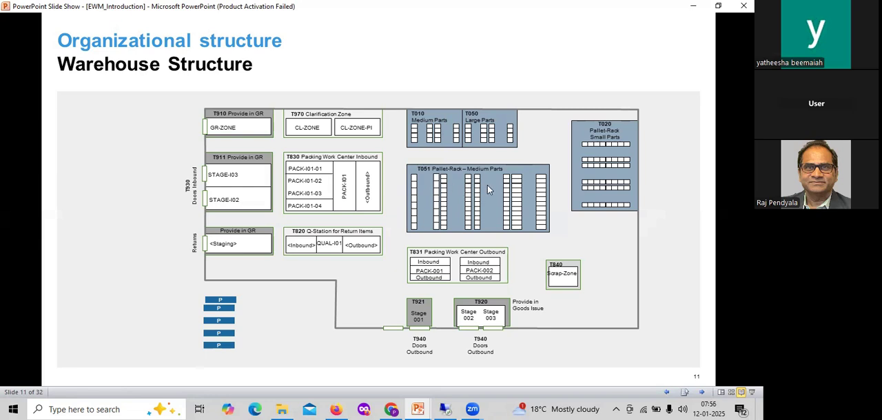So for example, we store the fast moving items in one section, and we store the slow moving items in the other section. So just differentiate these, so different racks within the same storage type. So we can use the storage section just to store the actual products, based on fast moving or slow moving items, or in some cases